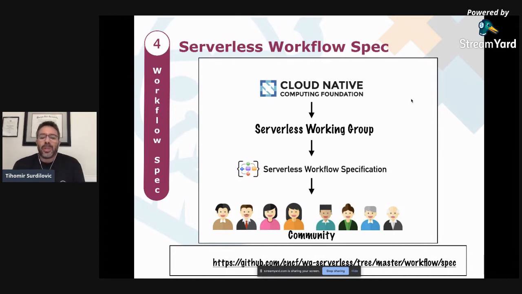This working group has created a subgroup for serverless workflow, which started late in '18 and was started off by big companies.